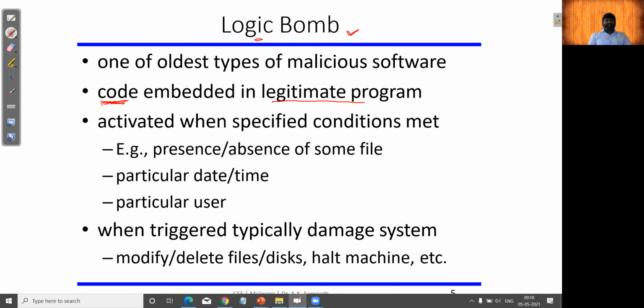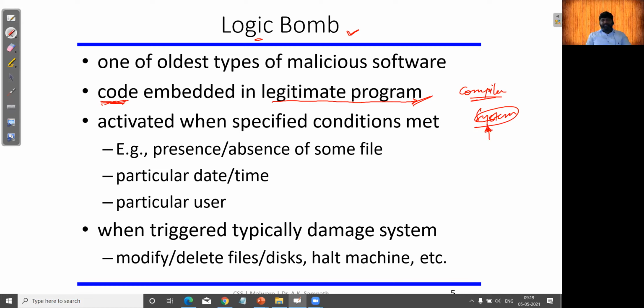This is our actual program, maybe any compiler file or any system file. It is embedded with the actual program, but the user may not know whether it is the actual file.